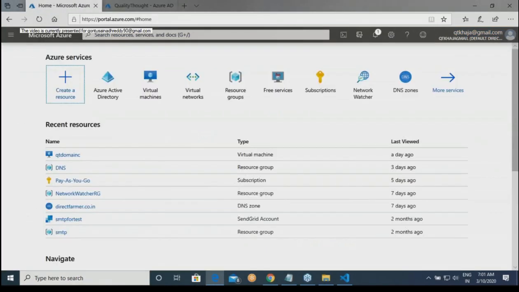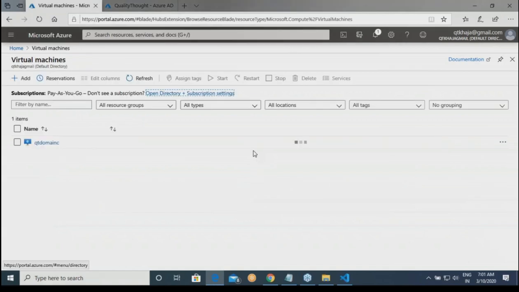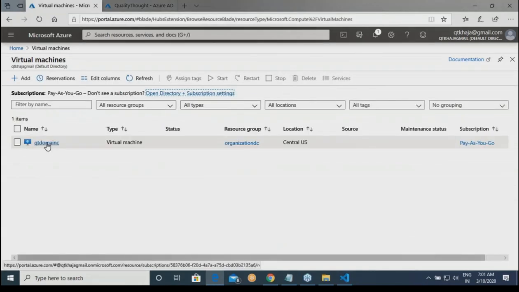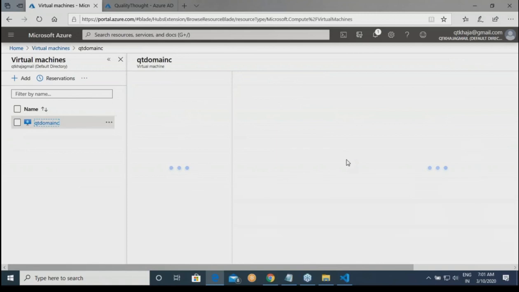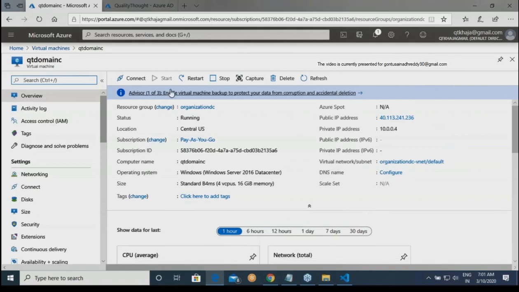Home. Because we need our Windows server from which we will be doing this activity. This machine is running. Good.